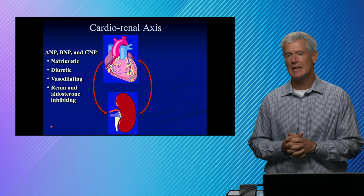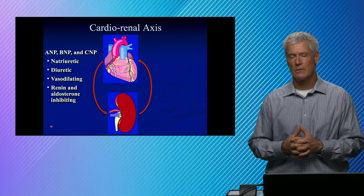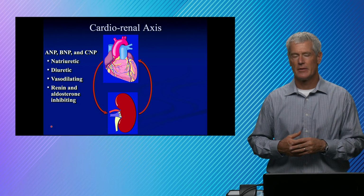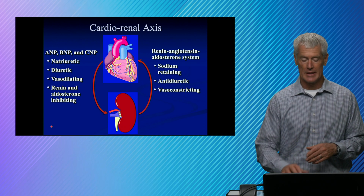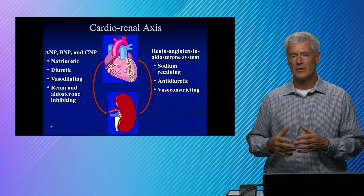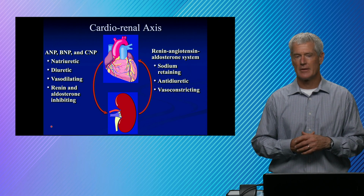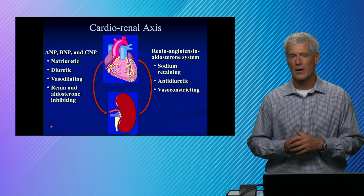What's happening in the kidney in the setting of heart failure is there's insufficient blood flow because the heart's not contracting appropriately. And the kidney says, okay, we need more fluid. And so the kidney is going to release renin. Renin is sensitive to GFR, and renin is going to stimulate the angiotensin aldosterone system, with the end result being